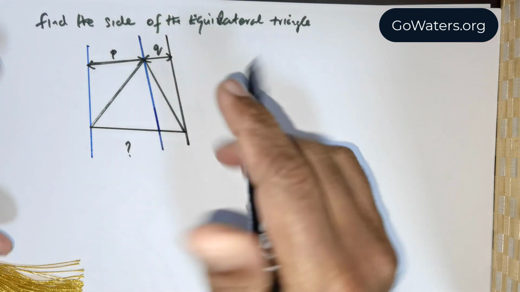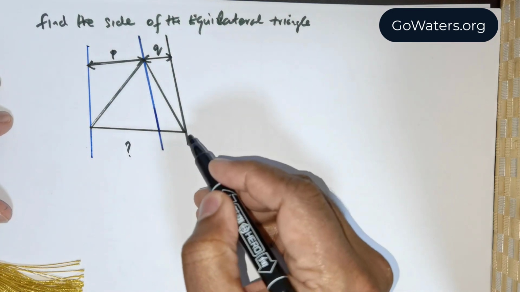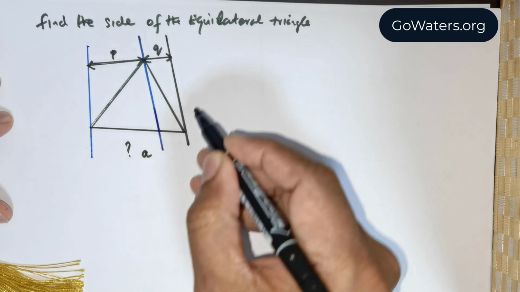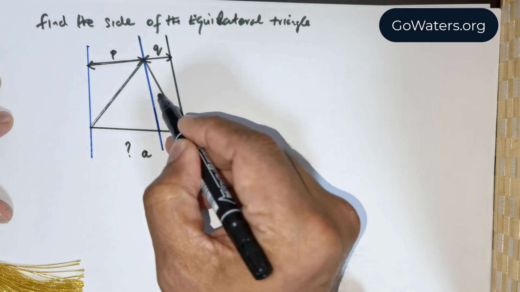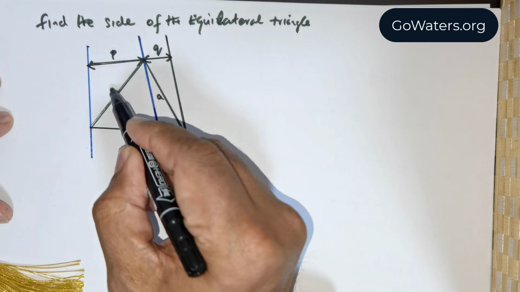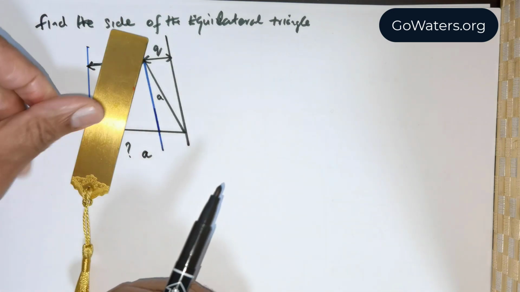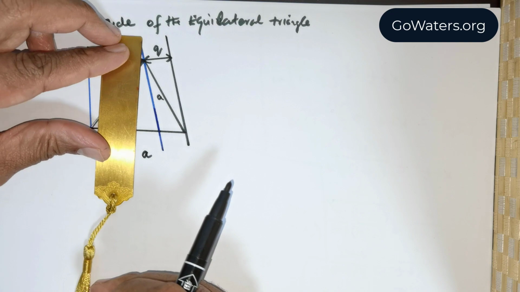Okay, so this is an equilateral triangle. Now what I wish to do is take the sides to be A units, and A units. Then I will drop the bisector